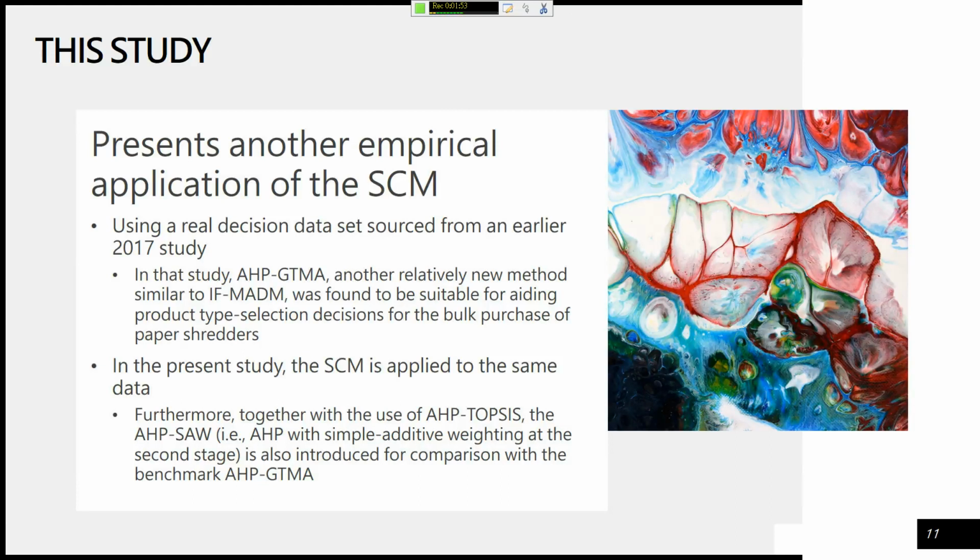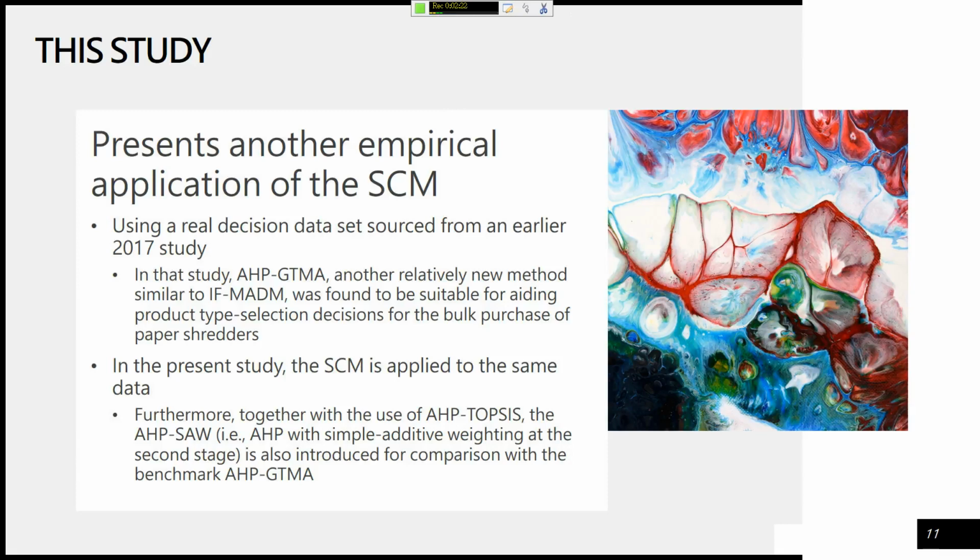In this study, we used the dataset of the 2017 study, introduced both AHP TOPSIS and AHP-SAW to solve the same decision problem, and used the SCM in order to show that although the AHP-GTMA method is relatively new, it is also effective by reference to the other two